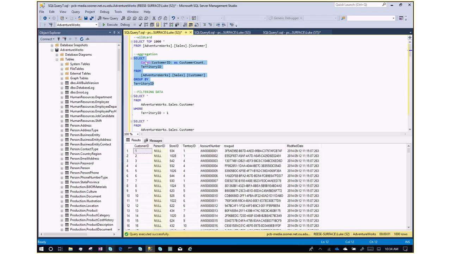aggregate data. So here we're going to count the number of customer IDs per territory. We do this by using some sort of aggregation function. So there's count here. There's also sum or average, min, max, what you would expect. So when you have an aggregation function, you need to also have, if you don't just want to count all customer IDs in the table, if you want to count them per some other variable, like here, territory ID, then you need to mention everything that you're not aggregating in the group